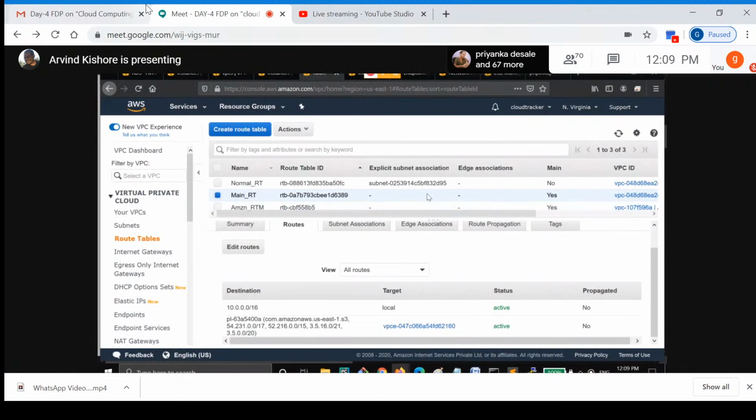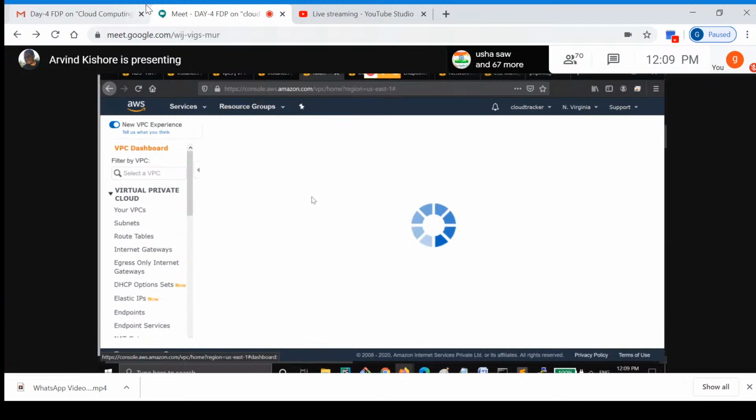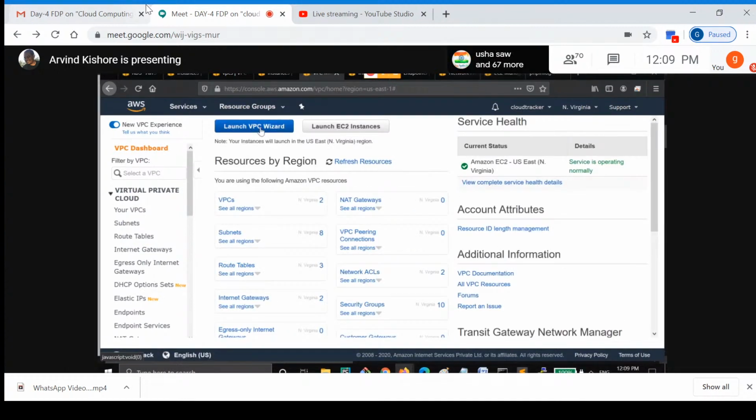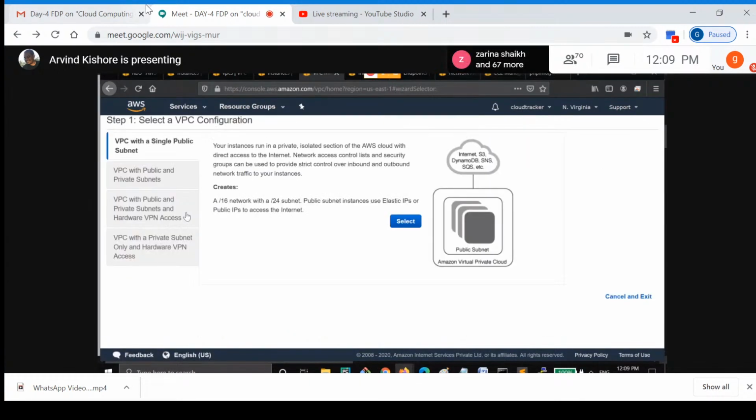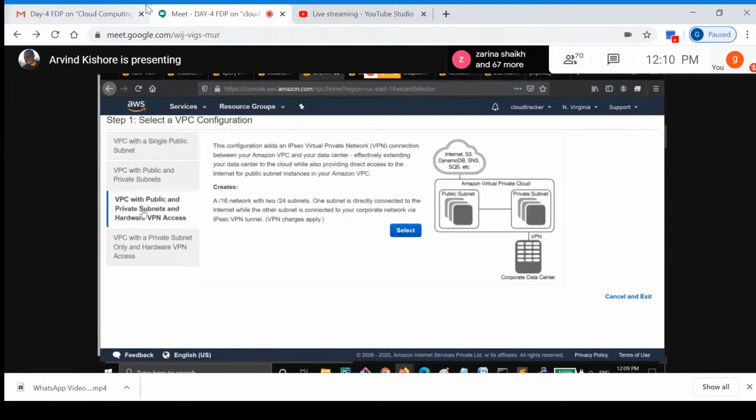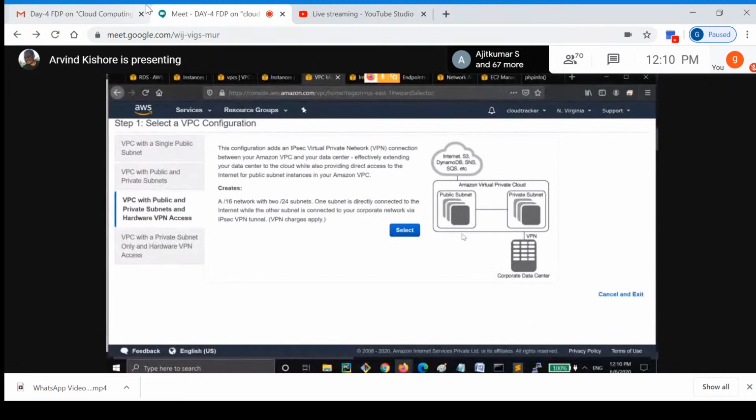So this is what we have to do from the scope of VPC to create our virtual machines and make a connection. See, in VPC also, we go to the dashboard again. In this wizard, you can see we have other options like VPC with public and private subnet and hardware VPN access. So if you want to establish a connection between your